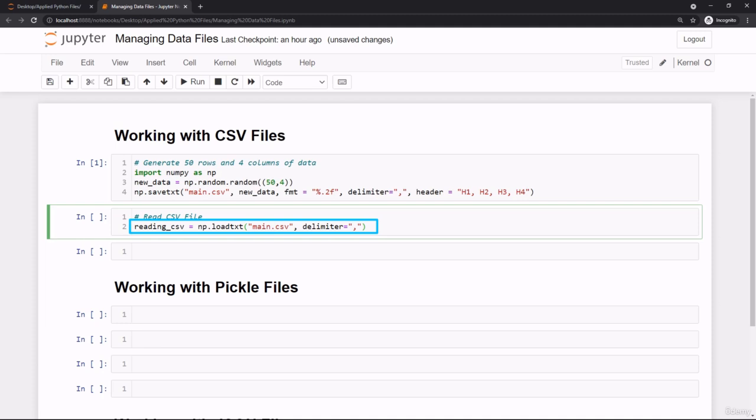And also you have to store this operation from the right side or assign it to a variable, to use the name of the variable to load the text or to read the text from inside the CSV file. A CSV file is a plain text file. We stored the operation of the right side, np.loadtxt main.csv, delimiter is equal to comma, to a variable called